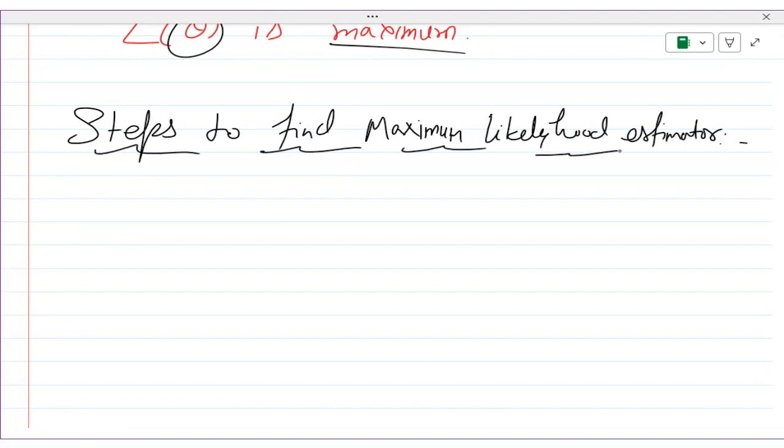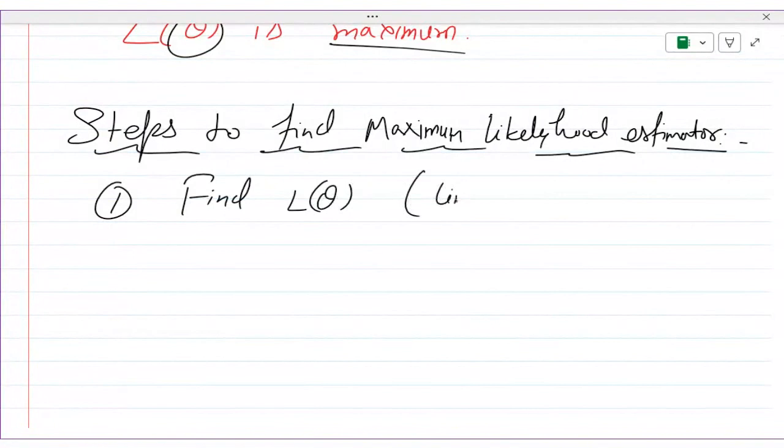First, we will find the likelihood function L of theta. Then step 2,